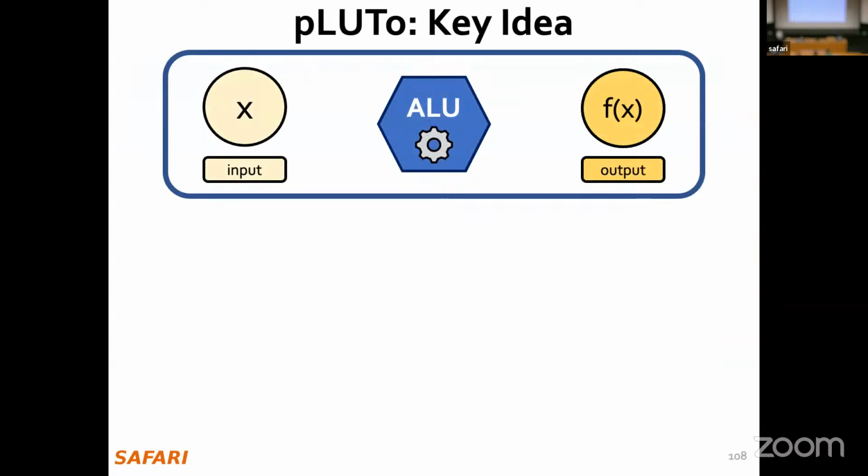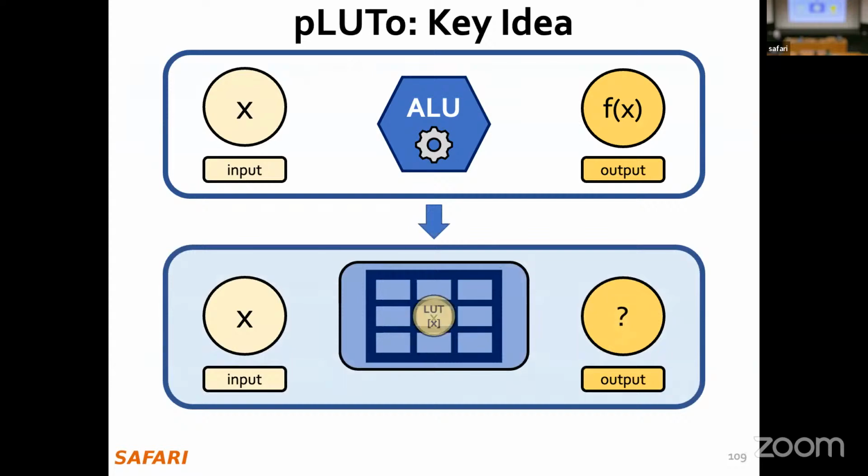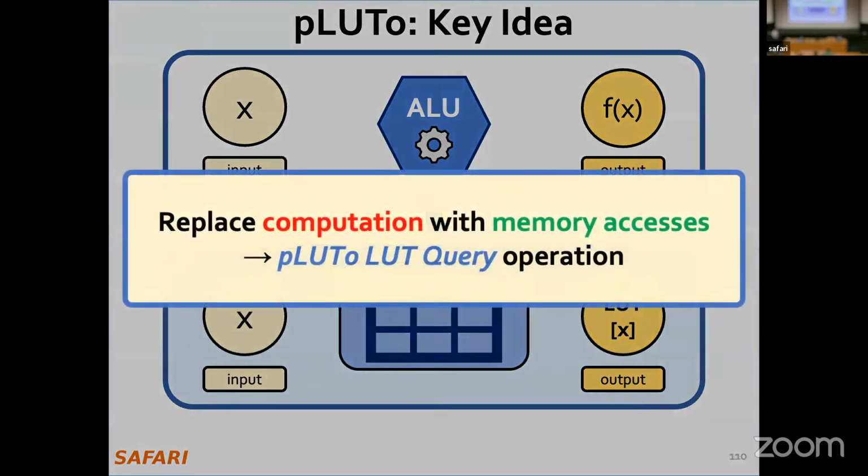So the main idea, as I mentioned, is to use lookup tables. Instead of taking the inputs and using an ALU in the computation, I'm going to store pre-computed versions of that computation in a lookup table inside DRAM. And then during execution, I'm going to consult this DRAM and get my output data. So this just means that I'm transforming computation into memory access. This, as I mentioned, is a quite old idea, but we are going to realize it inside the DRAM substrate in an efficient way.